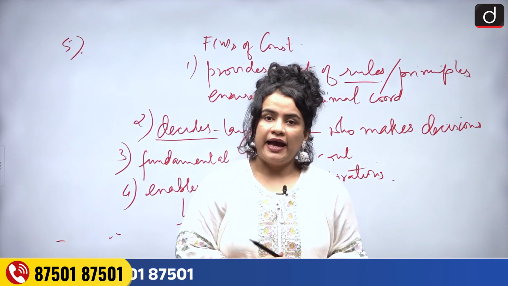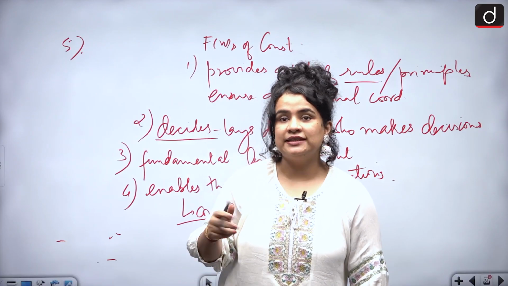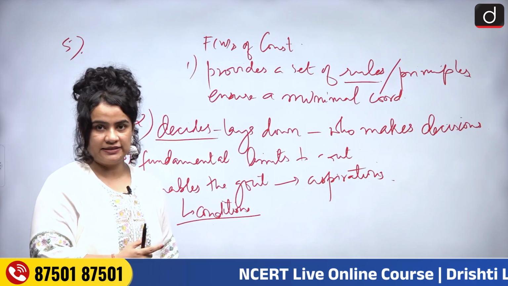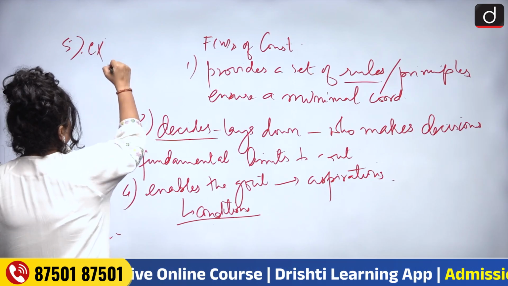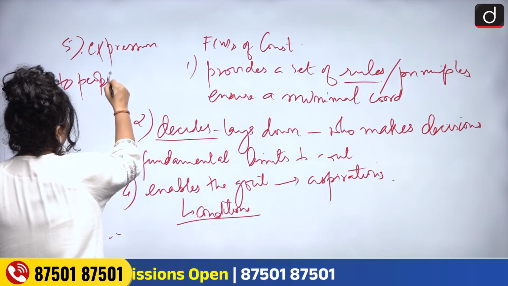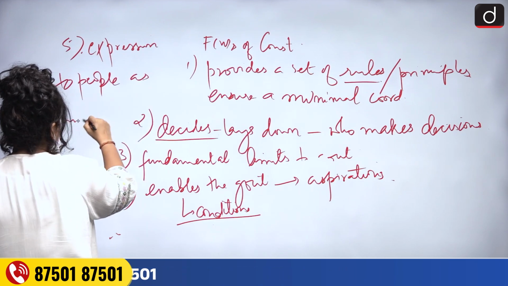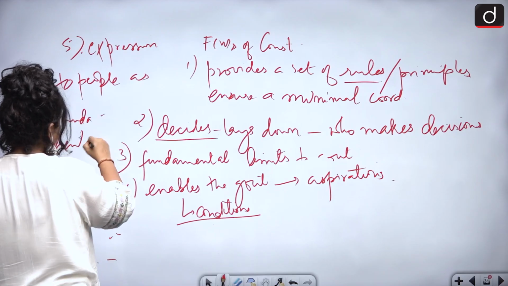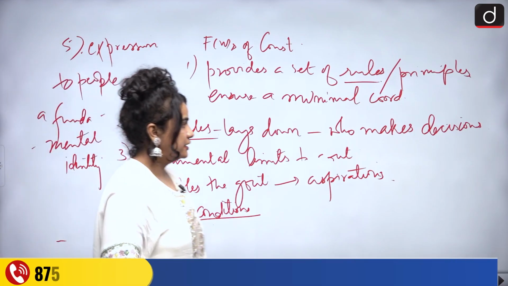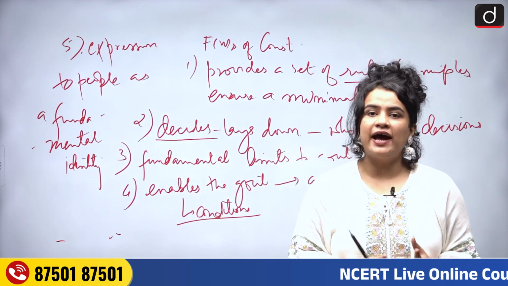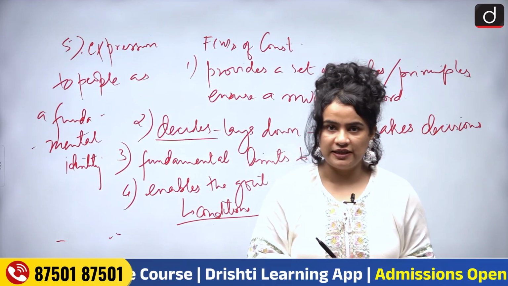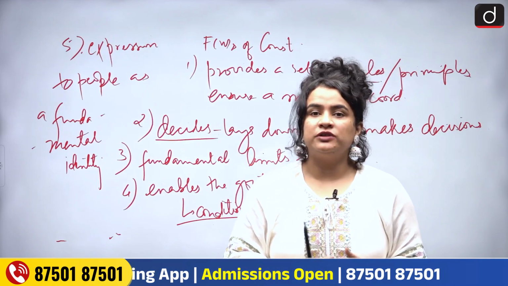important point and the most important function of the Constitution is that it helps people express themselves as a collective entity. So it gives expression to the people as a fundamental identity, which simply means that of course people have various sorts of identity before the Constitution is formed, or before they join a certain nation, a certain state and acquiesce to the Constitution.